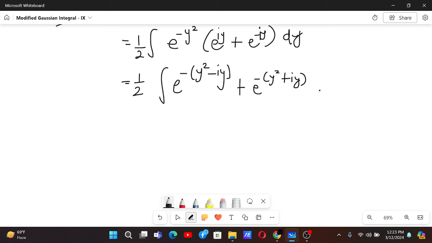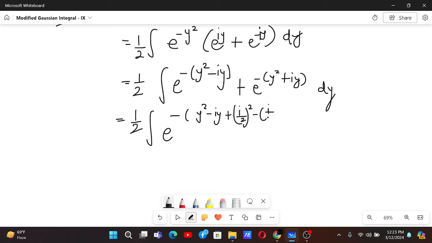Now we can try to complete the square over here. That will make things simpler. If you try to complete the square, this will be y square minus iy plus i by 2 whole square. Also you have to introduce a minus of this thing, because this was self-introduced, plus e to the power minus of y square plus iy plus i by 2 whole square, and then minus i by 2 whole square